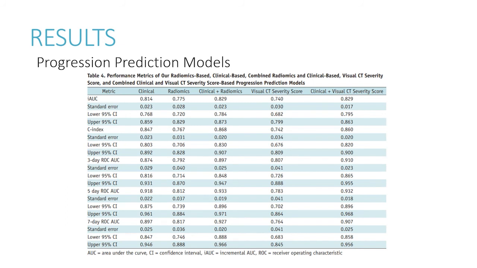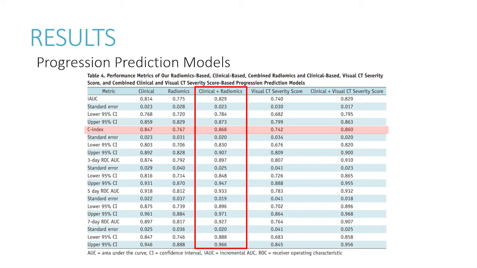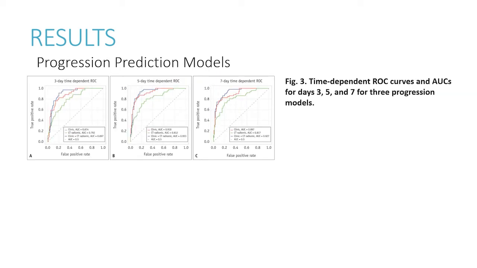The combination of CT radiomics-based and clinical-based predictions achieved the highest C-index. This demonstrated success in assigning risk score consistent with the progression outcomes of patients. As shown in Figure 3, the combination of CT radiomics and the clinical variables allowed the progression prediction model to achieve time-dependent ROC-AUC of